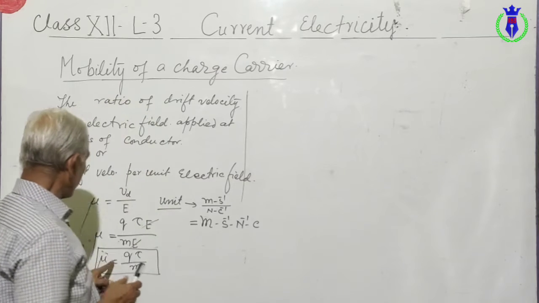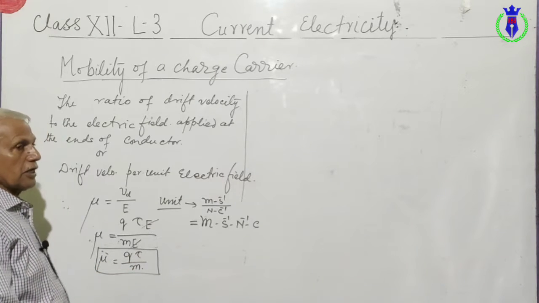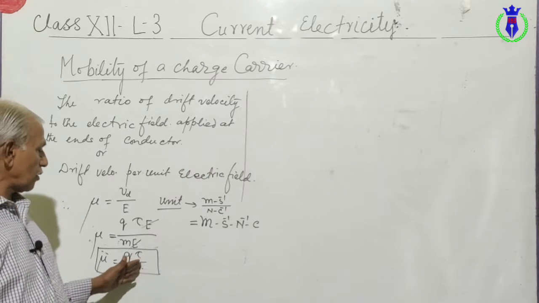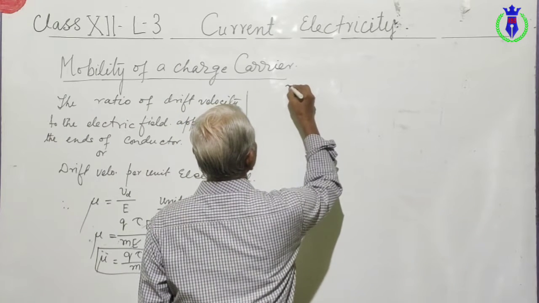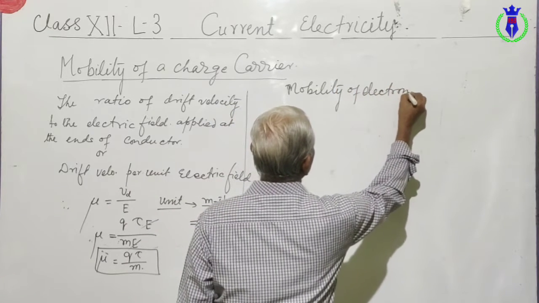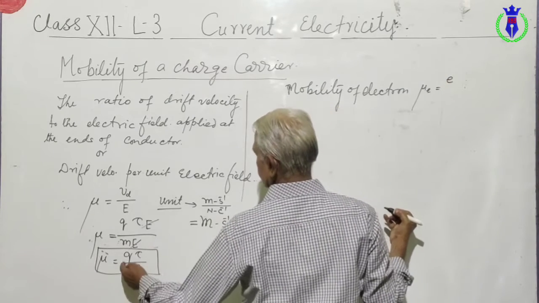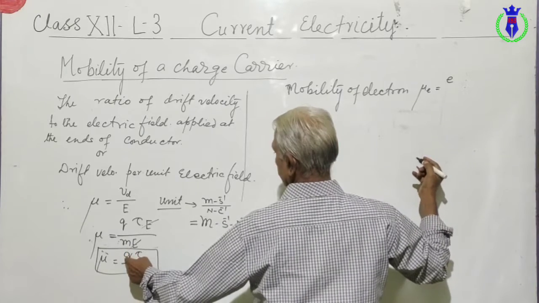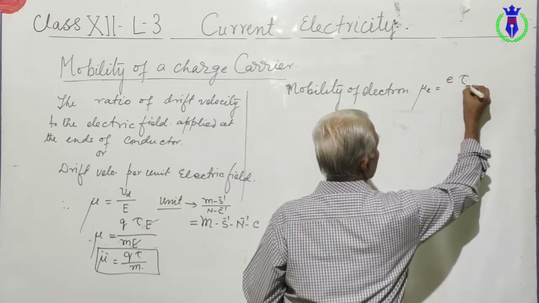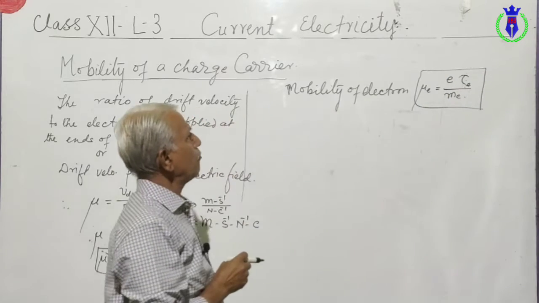If we want to find out the mobility of electron, तो for electrons एक सिंबल हम प्रयोग कर लेंगे E, इलेक्ट्रॉन के लिए हो जाएगा। इसी तरह से कोई दूसरा अगर चार्ज कैरियर है तो उसके लिए भी हम मोबिलिटी की गणना कर लेते हैं। We can calculate the mobility. For example, mobility of electron, mu E is equal to Q tau upon m, Q is general charge, and for the electronic charge we write in the place of charge E. Tau is the relaxation time, average relaxation time for electron it is tau E, and this is m E. This is the mobility of electron.